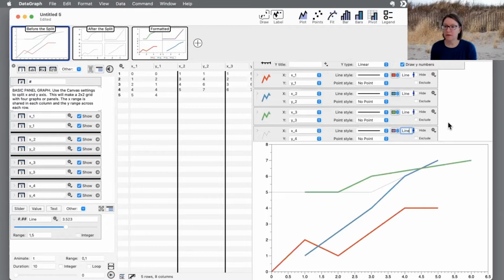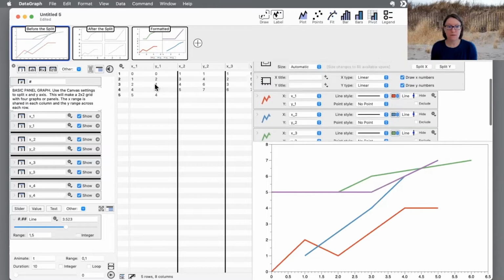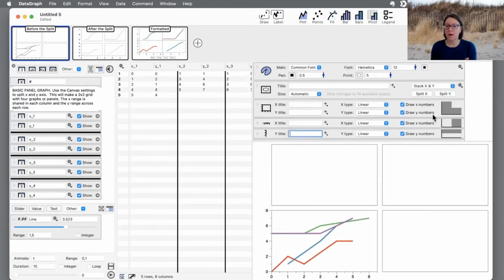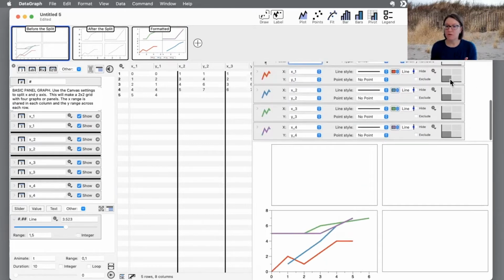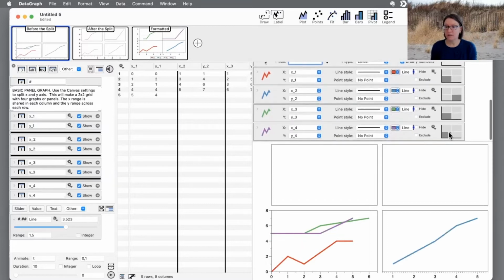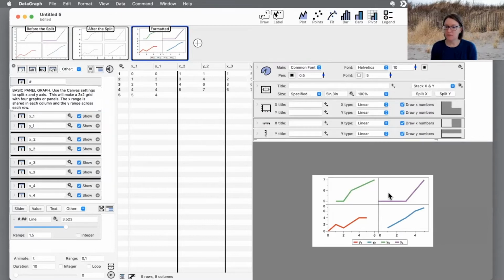So we could go ahead and show you, here's all 4 lines when I just create this with these 4 different data sets. And then when I split the graph, I do both the split X and the split Y. And now for each one of my lines, I can see where that line is located and place these within the graph itself. So the last thing I think that I wanted to show you with this file